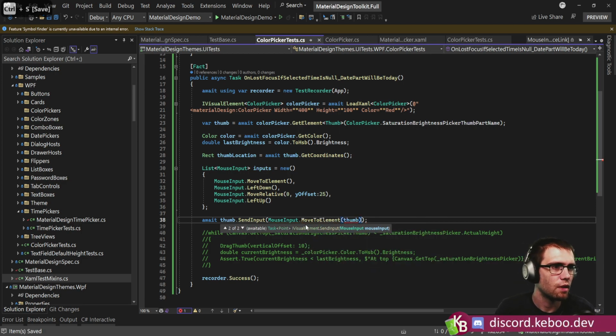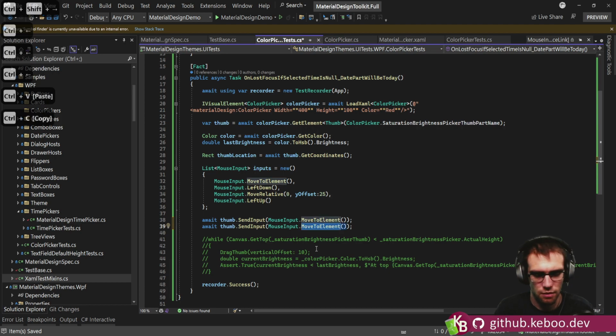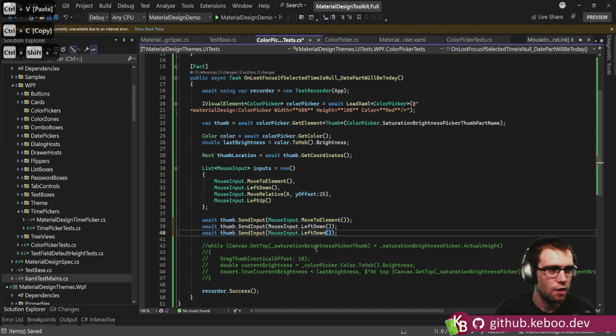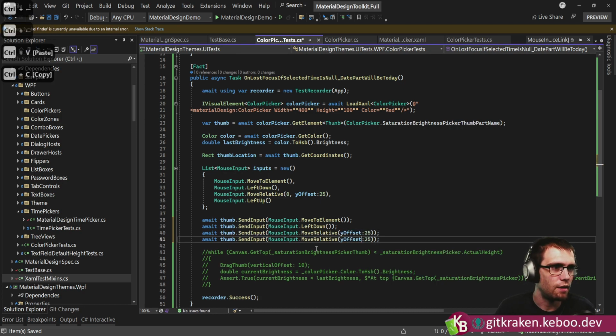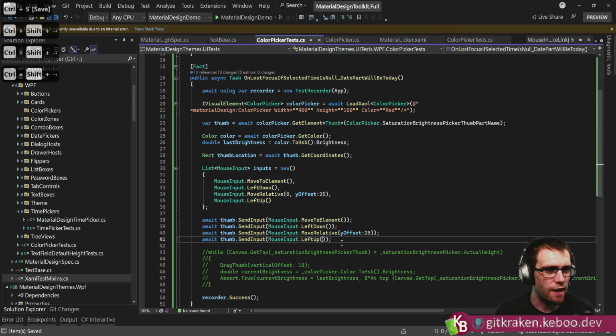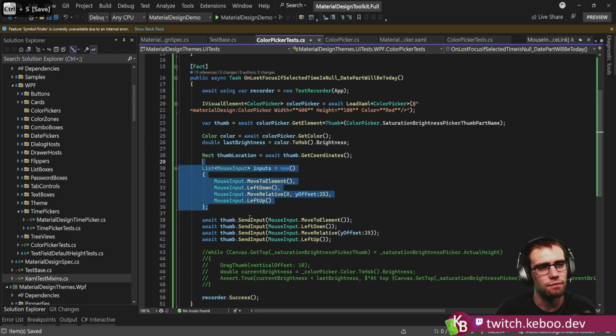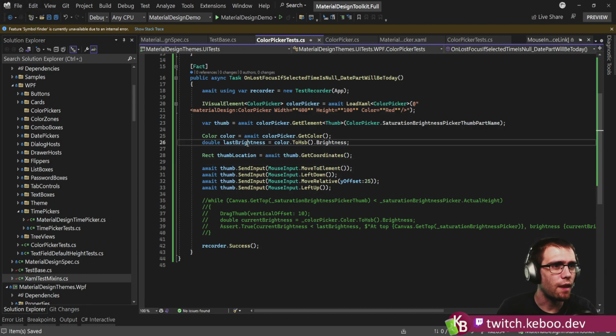Thumb. Oh, I'm already there. Move to element. And then past Kevin wanted to do the left down. And then past Kevin wanted to do move relative. And Y offset of 25. And then current Kevin thinks past Kevin might have been stupid. I don't know if that's necessarily easier. Whatever. Okay, and then we want to get